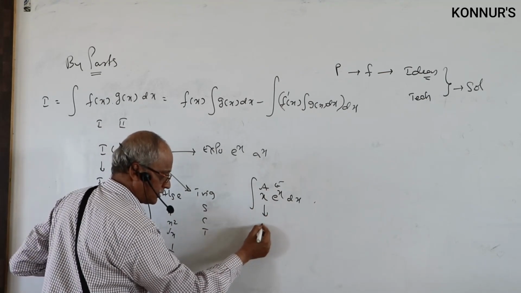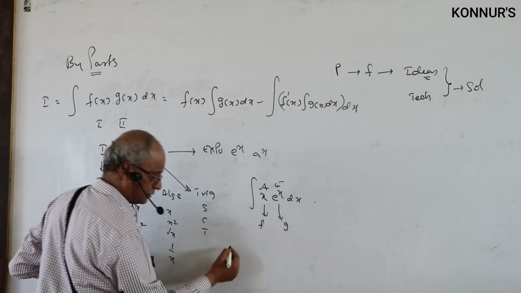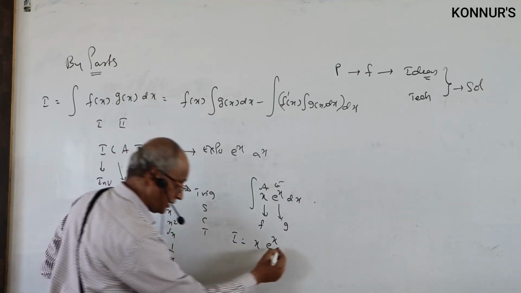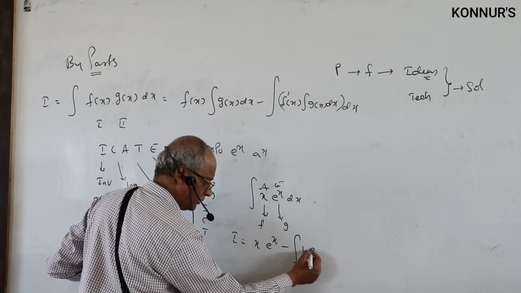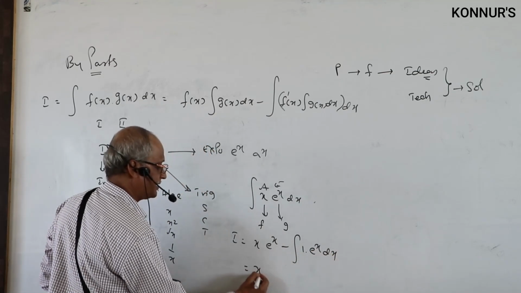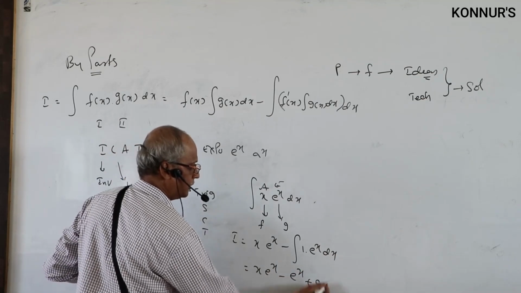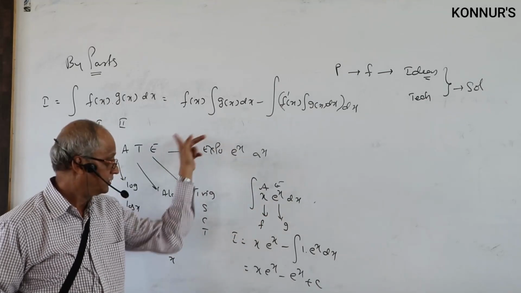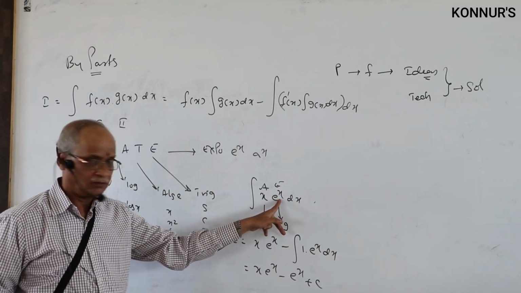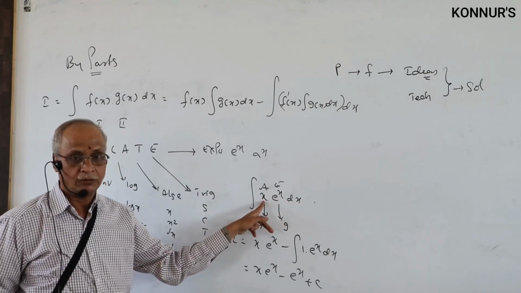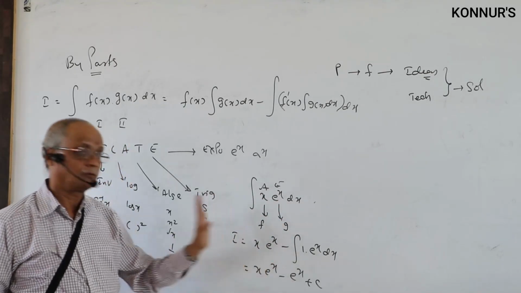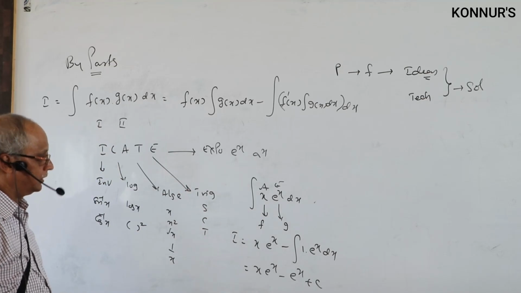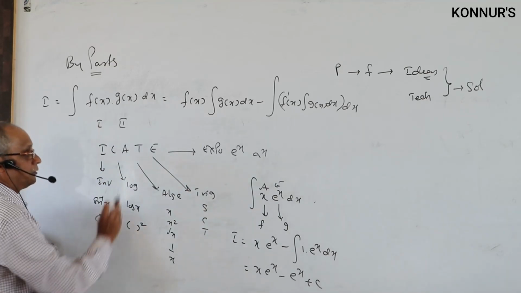So, x becomes f of x, e power x becomes g of x. Using that above rule, f(x) into integral e power x is the same, minus integral f dash is 1, e power x dx. Then the final answer is complete. See, if you change this, without knowing this rule, e power x is f of x, first function, second function x, never ending story. You will not come to a conclusion. The problem increases, therefore you will not complete. That is the reason why we insist to apply by parts.